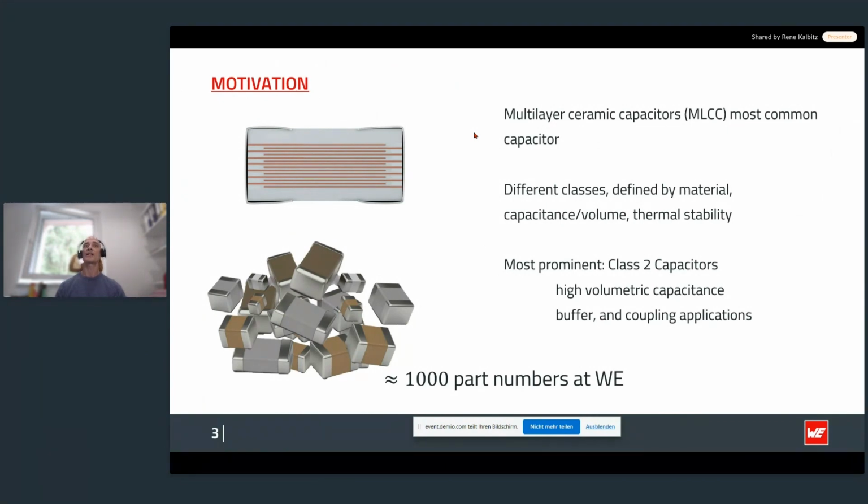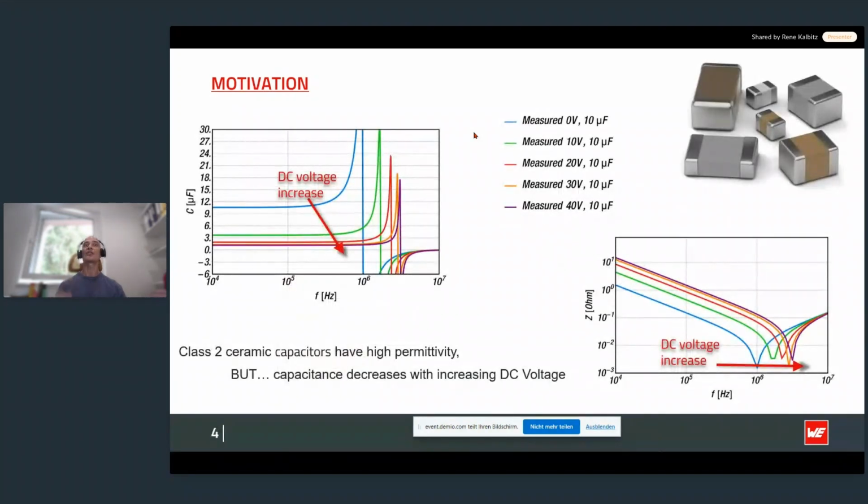Most prominent is the class 2, which has typically a high volumetric capacitance and is used for buffer and coupling applications. Class 2 ceramic capacitors have high capacitance, but the capacitance decreases with increasing applied DC voltage, as is shown here